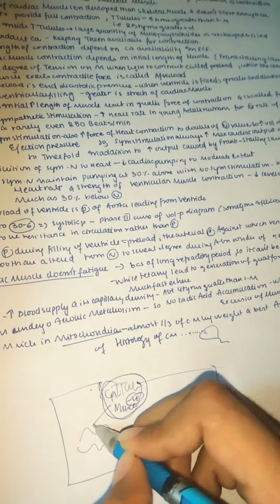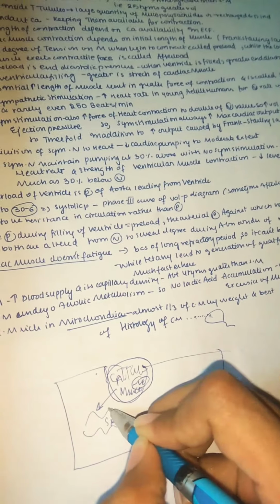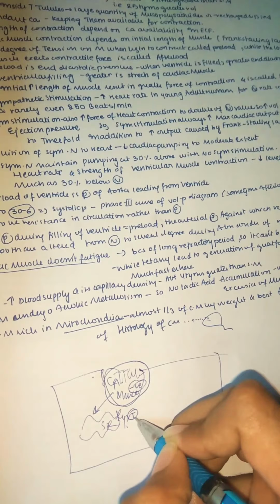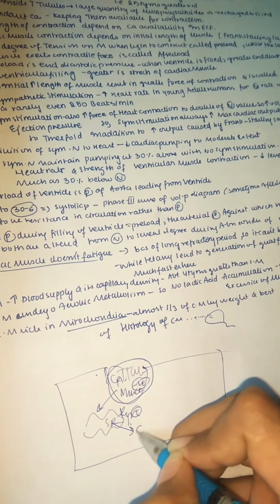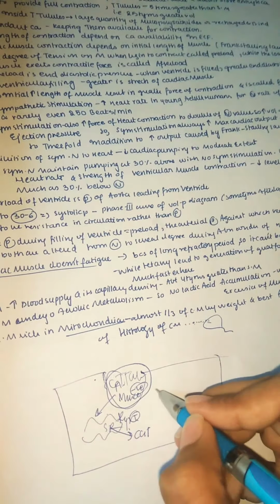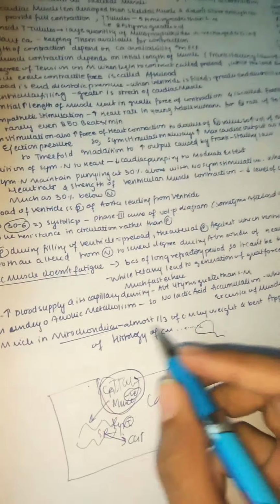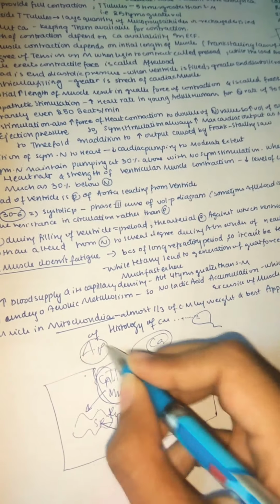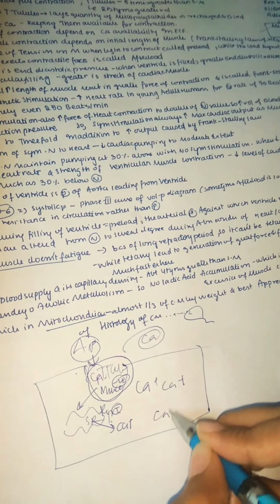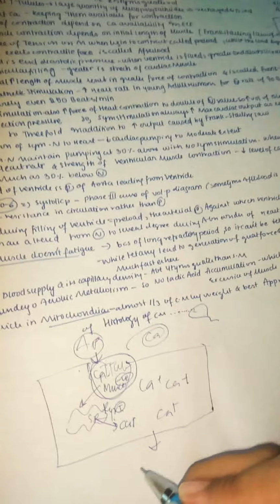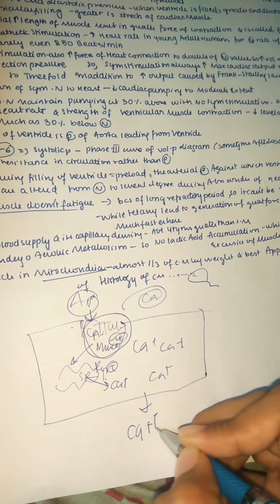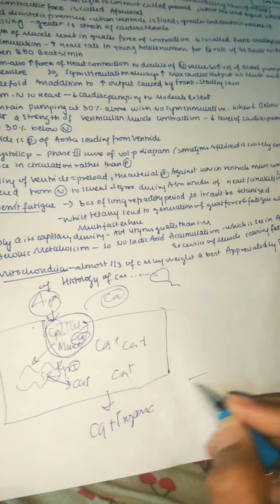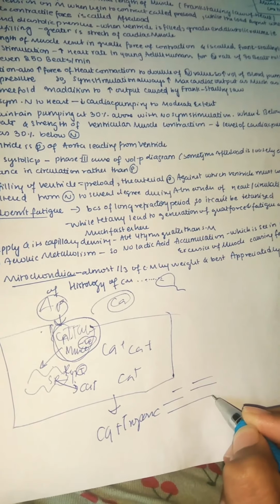Because of this, the calcium is released here into the cell, and this in turn leads to ryanodine receptor activation, so calcium is released from the sarcoplasmic reticulum. So now we can understand there is a lot of calcium inside. Actually it should be outside, but because of the action potential which is triggered, it is bringing more calcium inside. So more calcium leads to calcium binding with troponin C. If it binds with troponin C, it will take out the mask, you can understand this diagram, right? Like this it will happen.